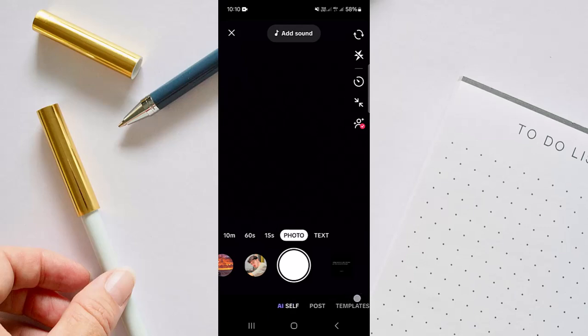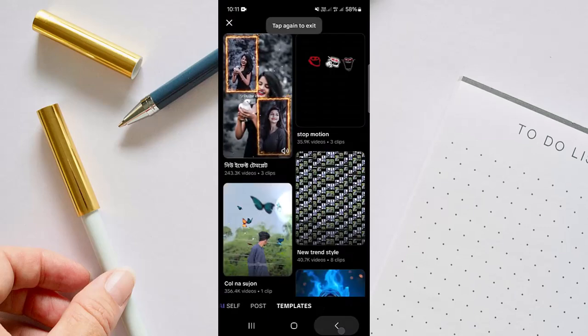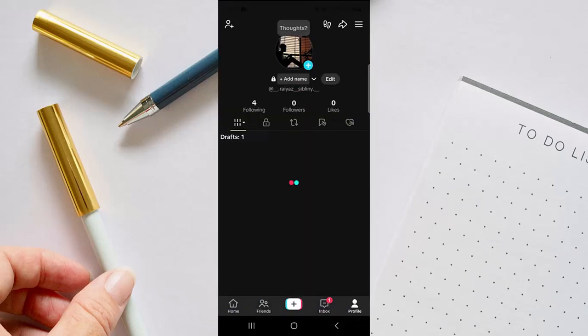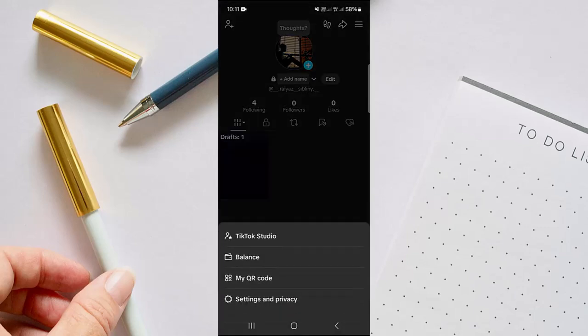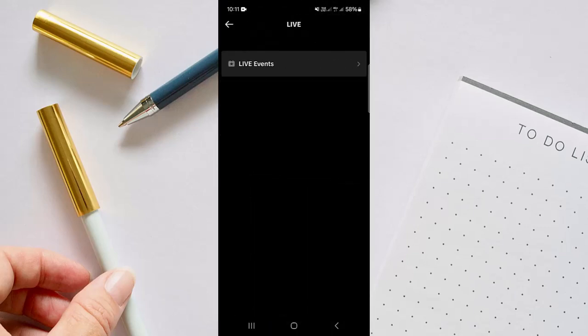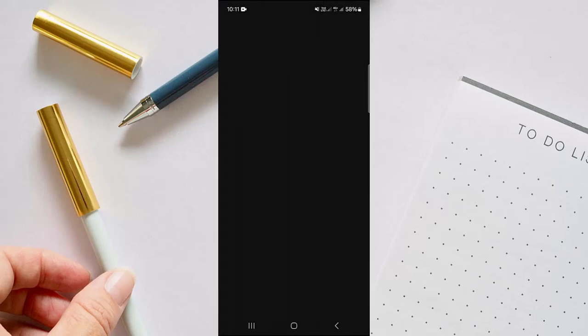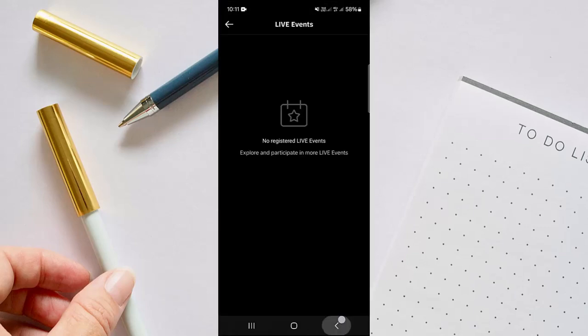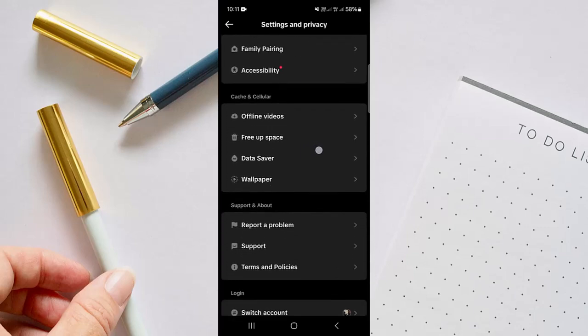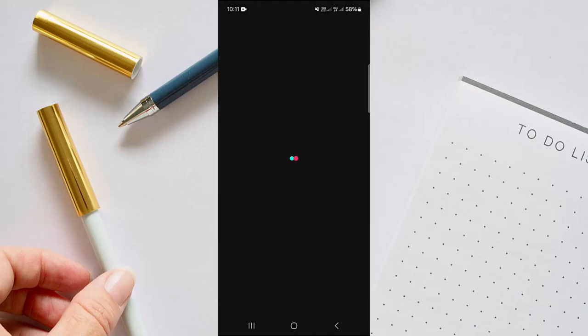If you can't find it, all you need to do is just go back and head over to this profile option. Now go to the three lines icon on the top right, then go to settings and privacy. From here, go to live and go to live events. And here, if you can't find how to host a live, you can just scroll down and go to report a problem,